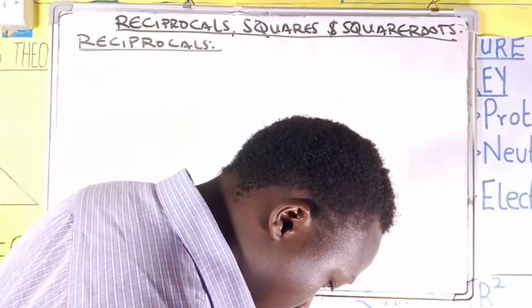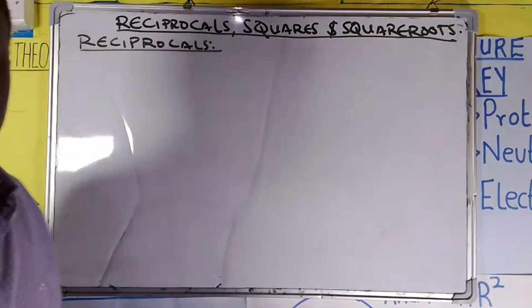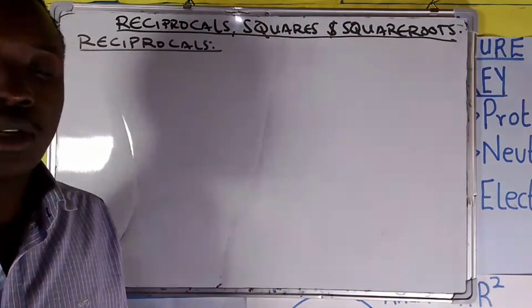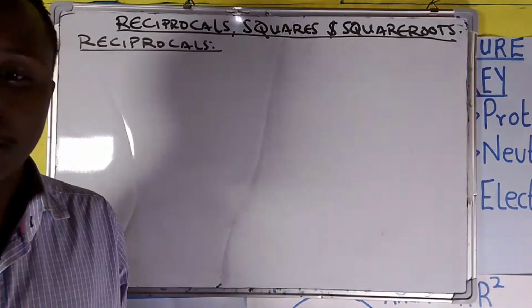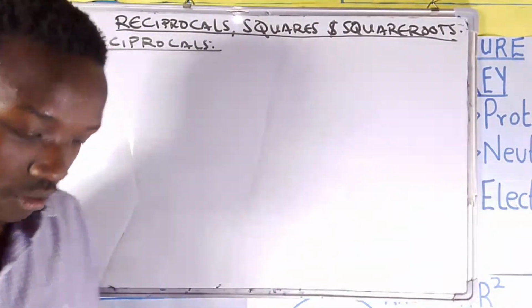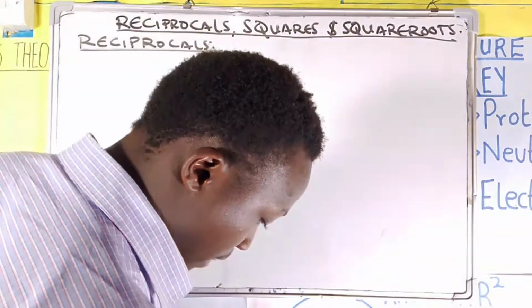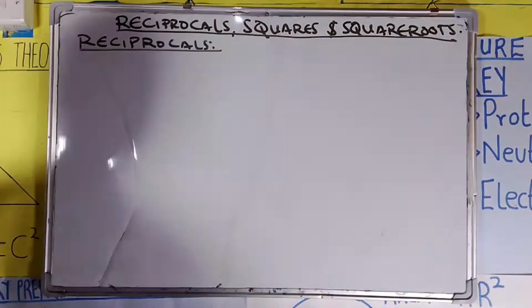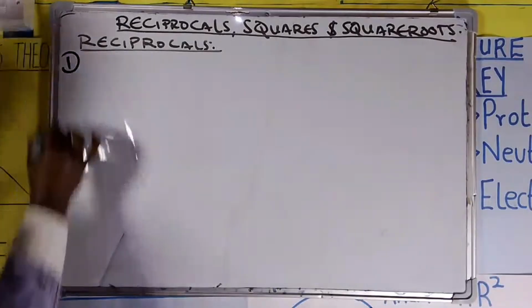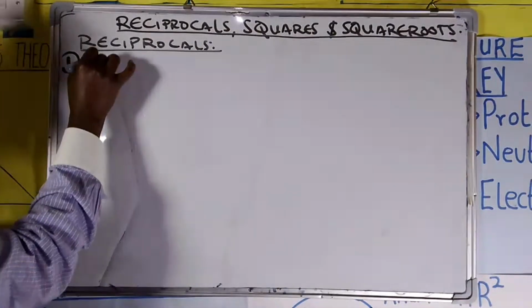So let us learn something on reciprocals. By talking of reciprocals, we are learning about those reciprocals that we determine using the mathematical table. So in this particular case, we are going to have a sample of questions. Question 1. Use reciprocal tables